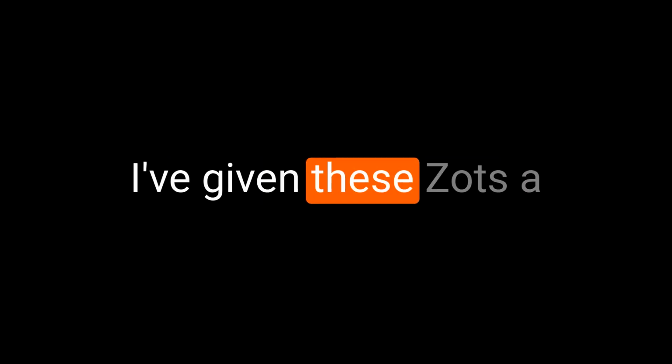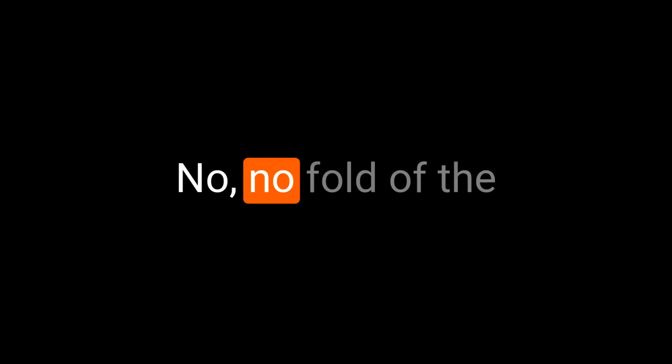Definitely. And of no fault of the head, I've started using the old schools and I'm giving these Zots a go, which are actually really good as well. I don't think it really matters which head you use from the boys. They're all brilliant. That's why I'm asking the question. I'm happy to use any of them, but the Zots I had a few. So, like I said, no fault of the broadhead, but